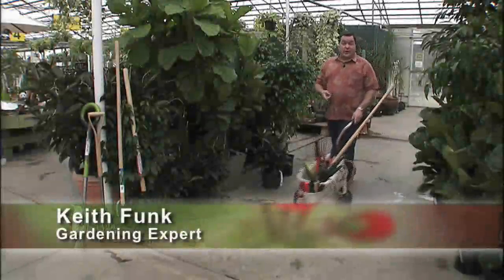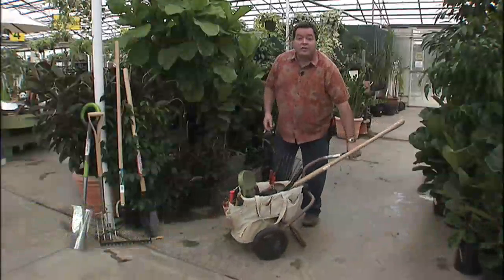This is how I roll in the garden. Serious gardeners need serious... My friends and family have asked me numerous times what I consider to be essential tools to have around the